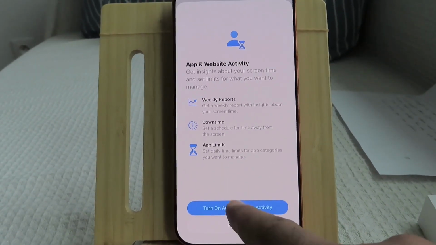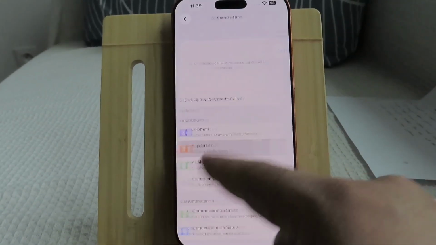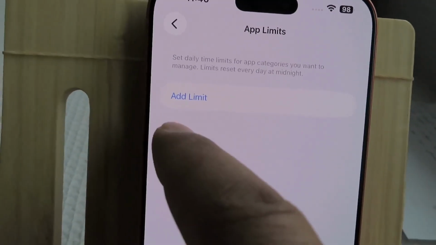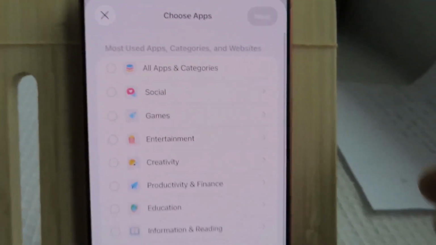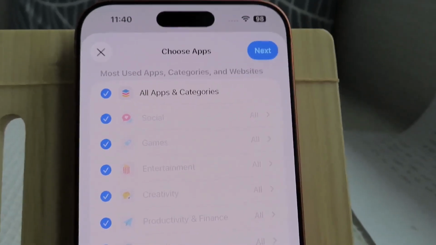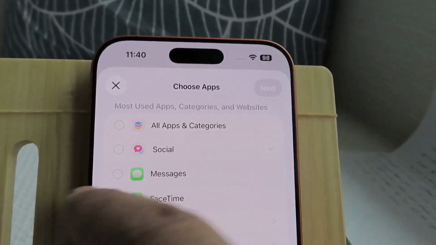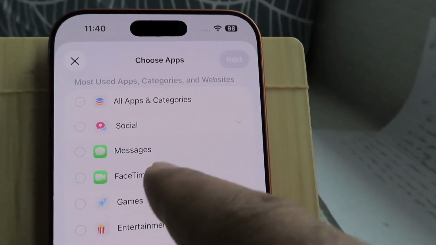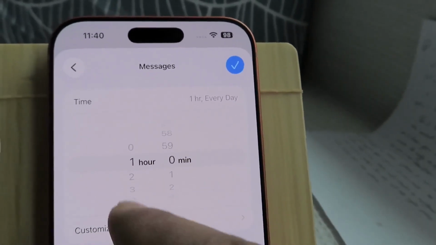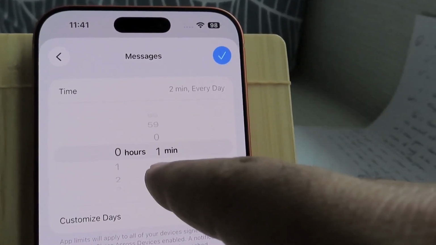Turn on this. Here you have app limits, and then click on add limit. All apps and categories. You can select a very specific category, social, and then for example only social. You want to use, for example, messages, and for let us say 1 minute,